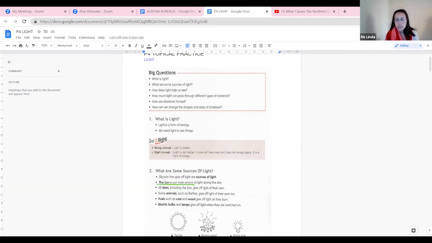Okay, so the sun is your main source of light and also our heat. Basically, the sun gives us heat. The sun is so hot that the heat actually protrudes out. They are actually considered the